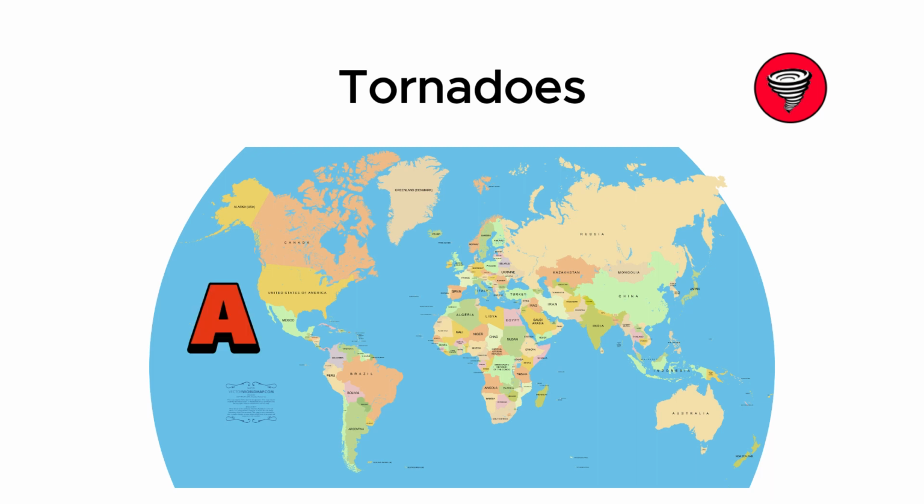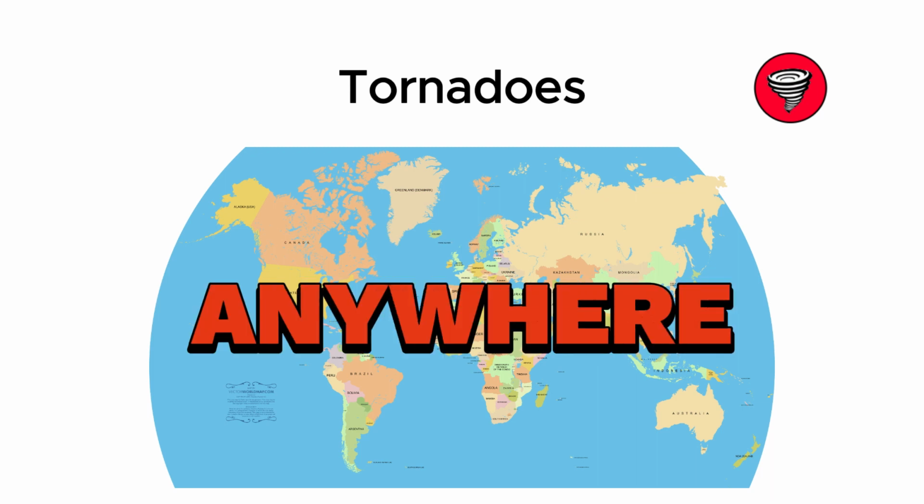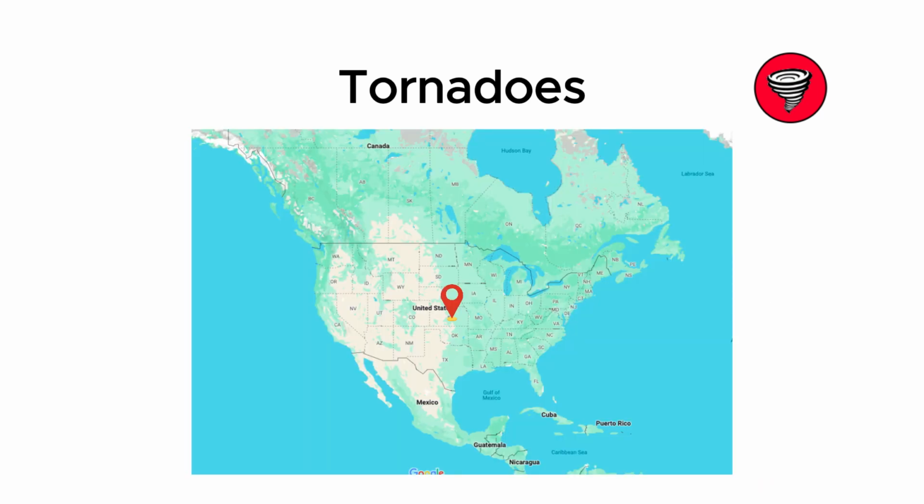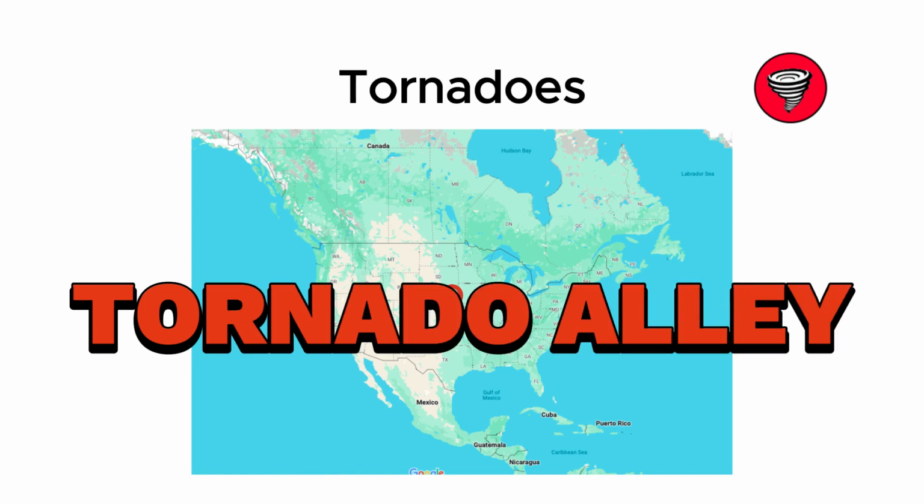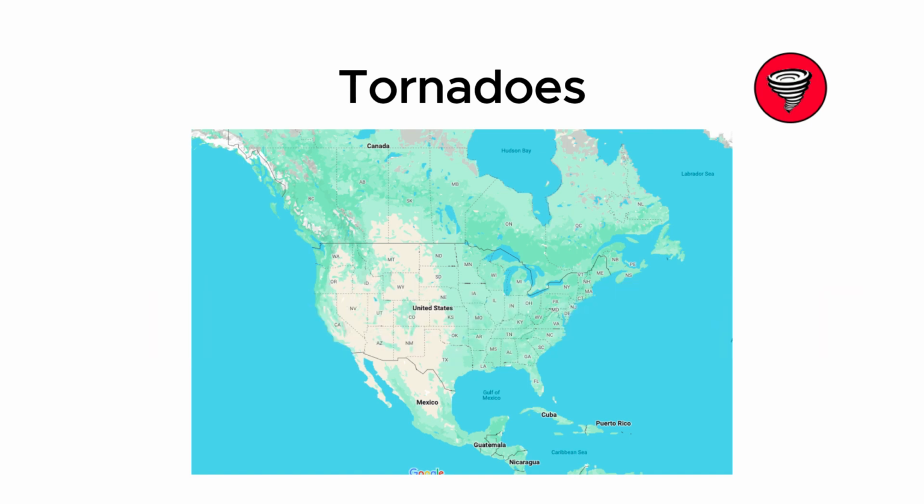Tornadoes can happen almost anywhere in the world, but they are most common in a part of the United States called Tornado Alley, which includes states like Texas, Oklahoma, Kansas, and Nebraska. The conditions for tornadoes to form here are near perfect. The warm, moist air from the Gulf of Mexico meets the cool, dry air from Canada, especially during the spring